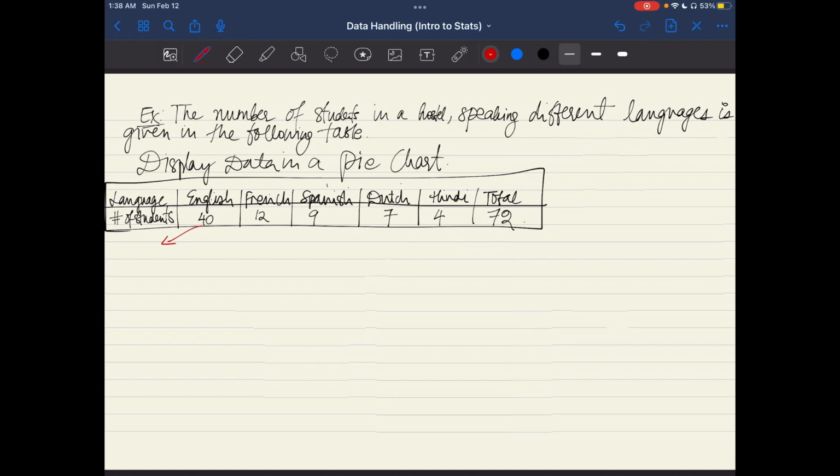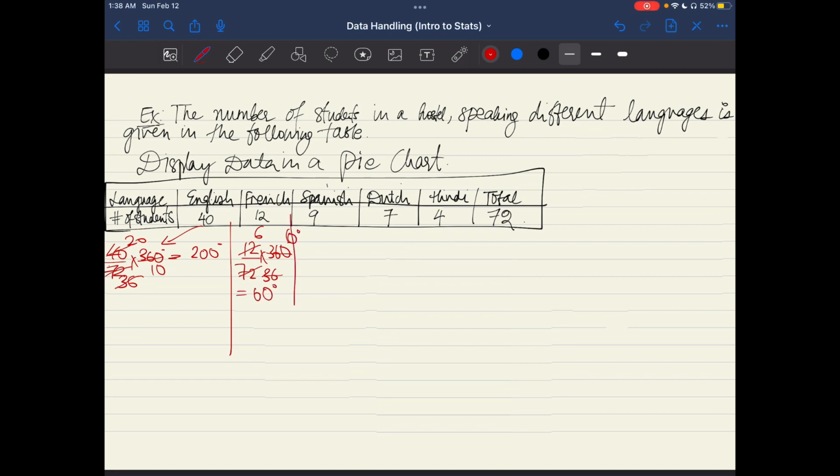So to find the internal angle for English, it'll be 40 over 72 times 360 degrees, which will be 200 degrees. And now for French, it will be 12 over 72 times 360 degrees,